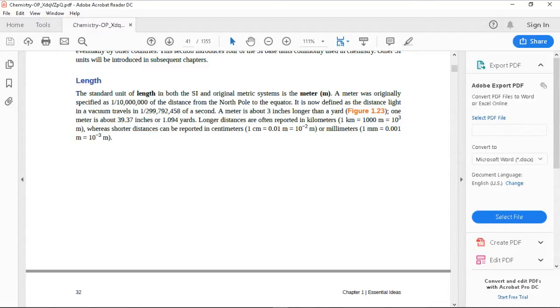A meter is about 3 inches longer than a yard. 1 meter is about 39.37 inches or 1.094 yards. Longer distances are often reported in kilometers. 1 kilometer equals 1,000 meters equals